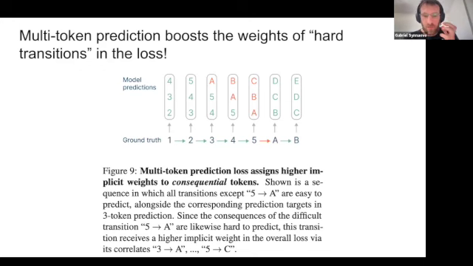So one way to see that is, if you have only an n+1 loss, only an autoregressive loss, you're only going to have the loss for predicting A wrongly after 5 once in your training. Whereas if you have an MTP of 4, A actually appears 4 times. It appears when you are at 3 already. You have to predict A, otherwise you're going to get the loss. At 4 also, at 5 also, and then of course when you actually have to predict it, at n+1.